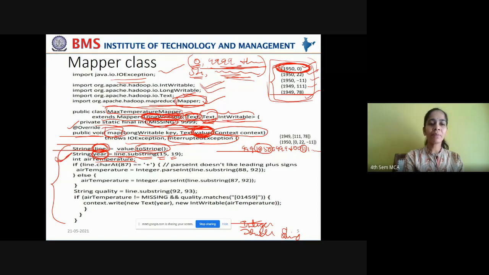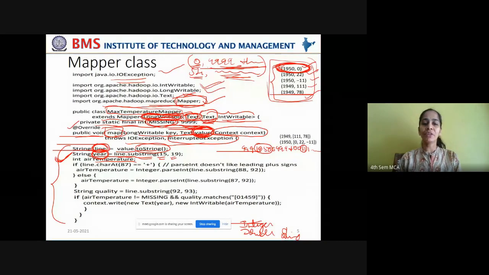See this part. Declare the air temperature as integer type because you're going to analyze and evaluate it as an integer. And now you have to perform some checking here in order to get the appropriate air temperature.